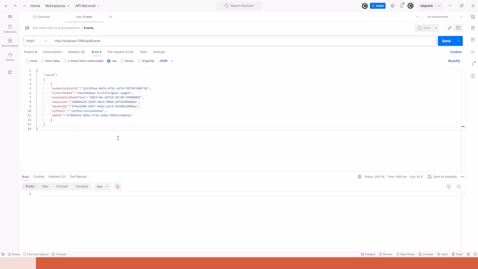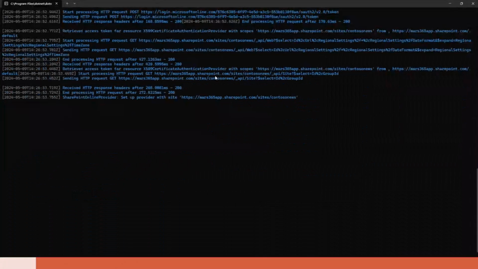Now we have created one page, and the Azure function will be triggered, and here, as you see, it's triggered. It's running in the background, and the first time the Azure function is triggered, it will create a page for every language, a new translation page for every language. Let's see if it worked or not